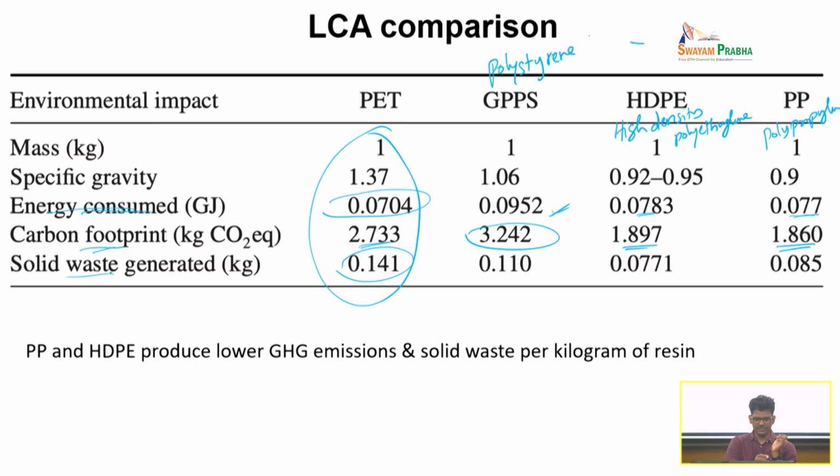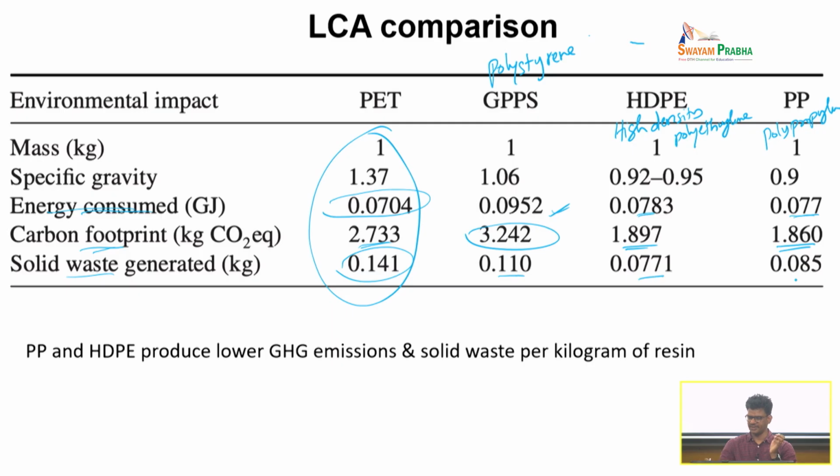And then how much solid waste is generated? I think the highest waste is created in PET. Again, it is not because of the PET products, it is just the PET resin making itself. PET resin making itself creates a lot of waste. Among these four, PET seems to form the highest amount of waste, okay, compared to polystyrene or HDPE. Between polypropylene and HDPE, the values are very similar, okay. But among this, what you can say is that polypropylene and HDPE seem to rank best in this particular case, because they seem to have low carbon emission, and low solid waste generated compared to PET